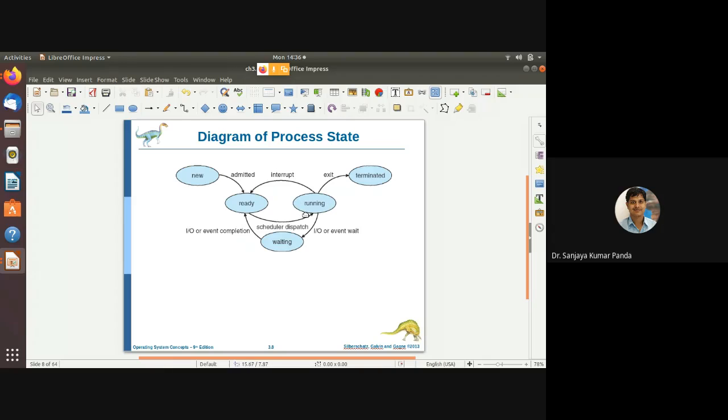Finally, whenever all the tasks are completed, it goes to the exit state, which is called the terminated state. This is the 5-step process state. Each and every process has to go through a minimum of 4 states: new, ready, running, terminated, if IO is not required. These are the steps you have to follow.